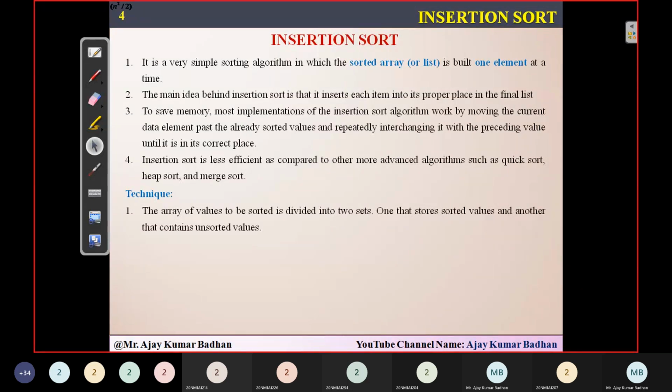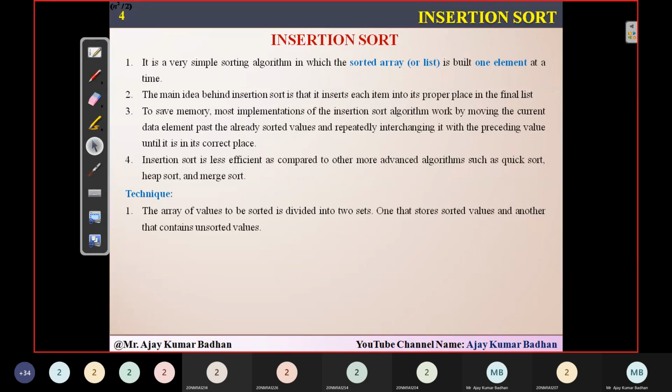These are only efficient when you have a simpler, smaller number of elements in your particular array or whatever it is, and based on that you can perform the operation. But if you have a huge number of elements in a list, then it is highly impractical. It will sort it in a sequential way, no problem in that, but the time complexity of executing that particular program will be very, very high.